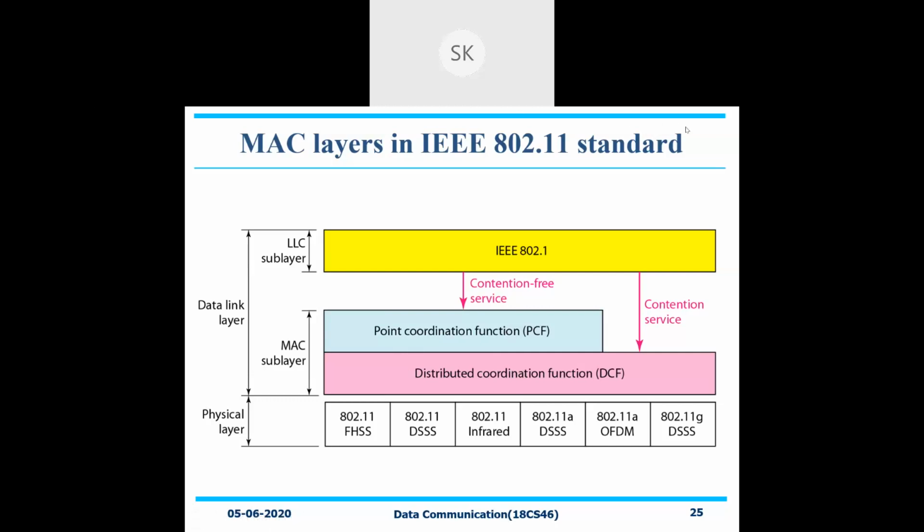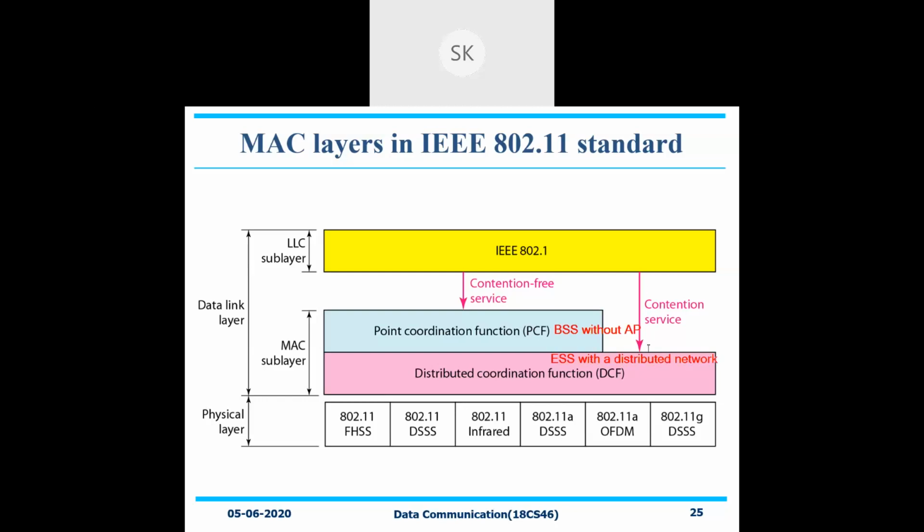I'll just give you an example. I'll just try to annotate this. See here, with respect to your point to point, if you are taking it at that time, it is BSS. You can just imagine it without an access point. AP refers to access point. Whereas distributed, if you are going with it at that particular point of time, this is ESS with a distributed network. That is what we'll just imagine.